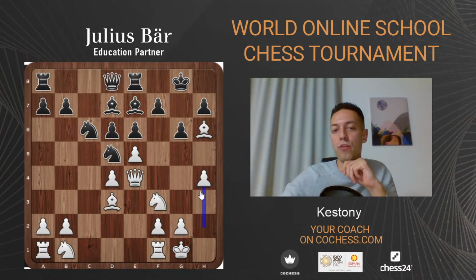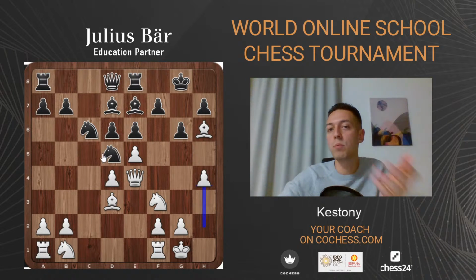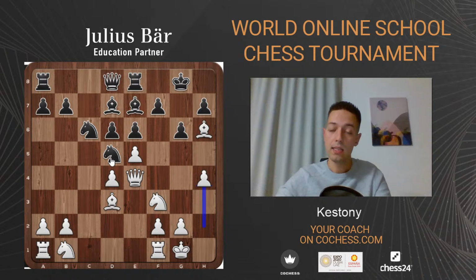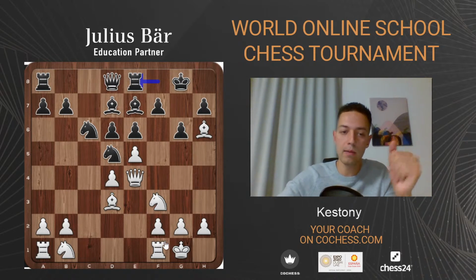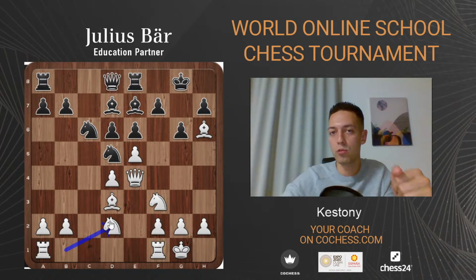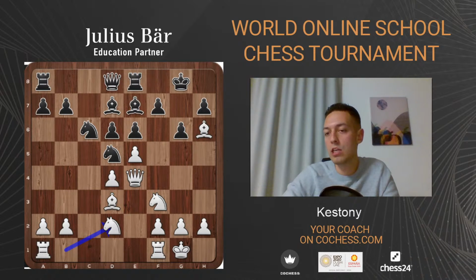Because with h4, you're fully creating weaknesses, but going all in on the king side. So whenever you're trying to launch and questioning if kingside attack is good, ask if black has counterplay in the center, most importantly. And if you can't find any, then you go h4. If you can find something, then just take a slow approach. This way you can evaluate h4 not only here, but in many other similar positions.